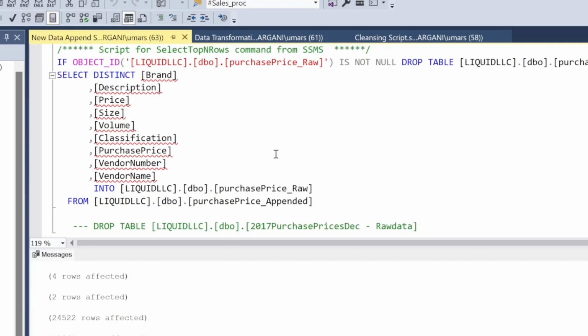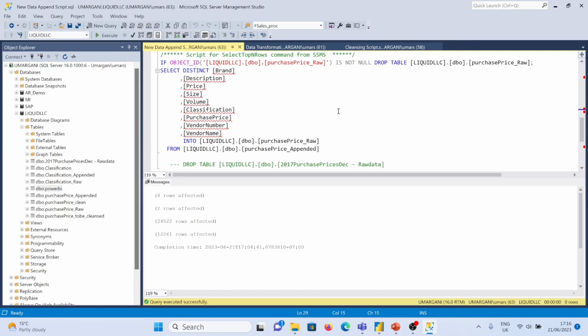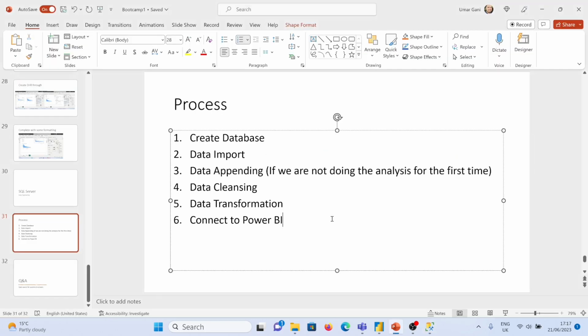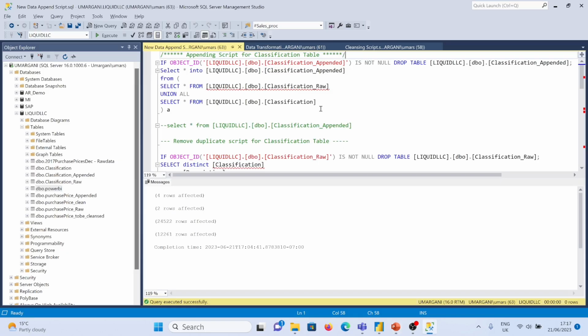So I hope, even if it's not clear the first time, probably if you have worked on SQL already, you might understand. You need to know these different keywords and the queries and the features of SQL for you to understand the script. But if you guys need me to talk about the basics of SQL, what are the features you need to know, I can even make another video on that. But I assume that you guys would already know a little bit of SQL so that it's easier for you to follow through. It's more like a process we follow to build the dashboard in a much more productive way,